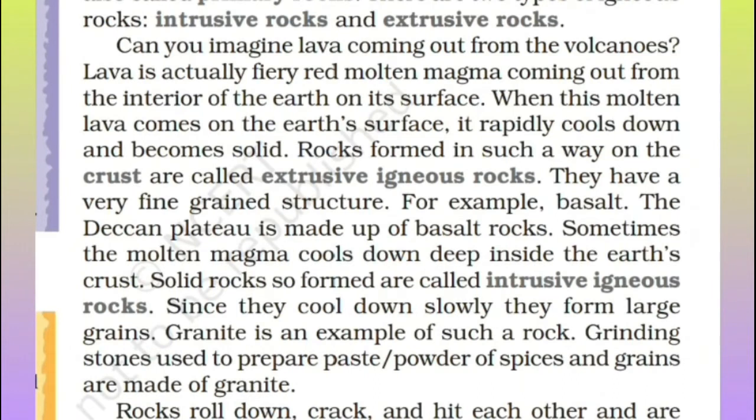Lava is actually fiery red molten magma coming out from the interior of the earth on its surface. When this molten lava comes on the earth's surface, it rapidly cools down and becomes solid. Rocks formed in such a way on the crust are called extrusive igneous rocks. So, as I have shown you already, the lava, the red fiery molten magma, that has come out from the